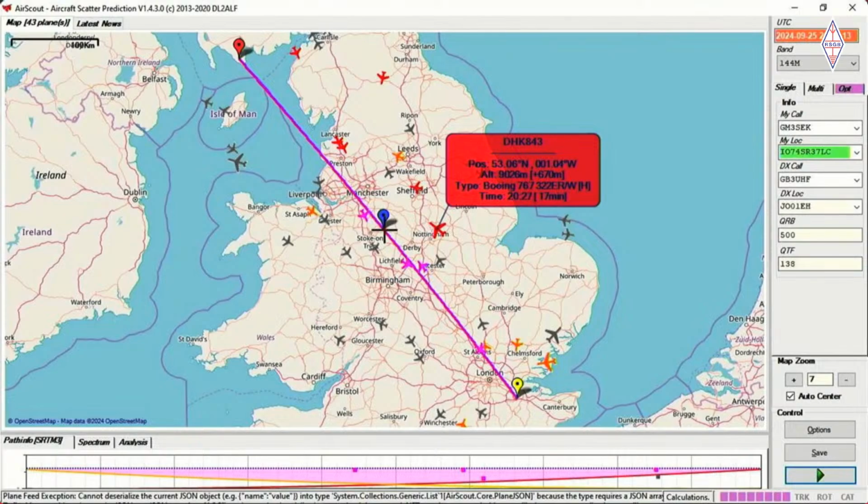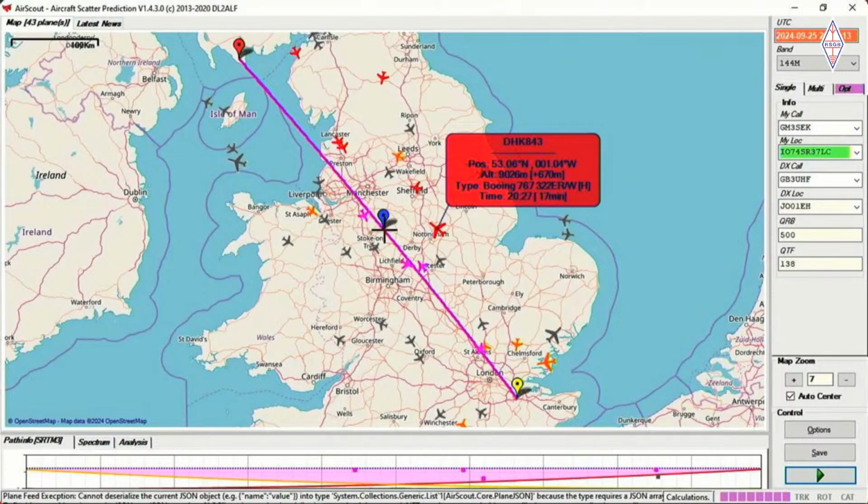It will draw the line for you. It will highlight the aircraft that are likely to be contributing to giving you a QSO opportunity, either now immediately or very soon. And it will tell you how soon it might be flying across the signal path between the